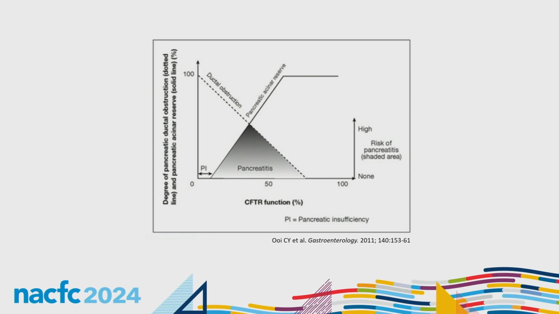And this probably makes sense when we look back at this model of CFTR function and risk of pancreatitis. If modulators have some positive effect on acinar function and ductal obstruction, then you will likely move the needle on this graph with modulator use, where you might see a rare pancreatitis episode develop in a pancreatic insufficient person with cystic fibrosis who is regaining just a little bit of cell function. But on the flip side, you will likely see a much larger protective benefit in a person with pancreatic sufficient cystic fibrosis who has even more robust improvement in their acinar cell function.